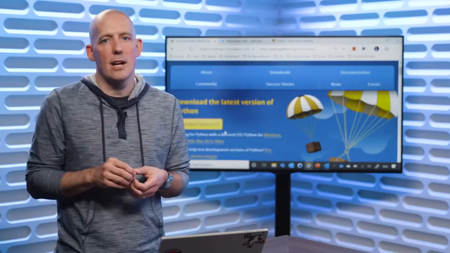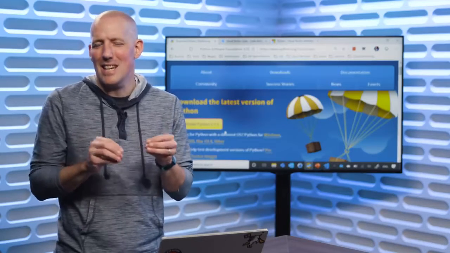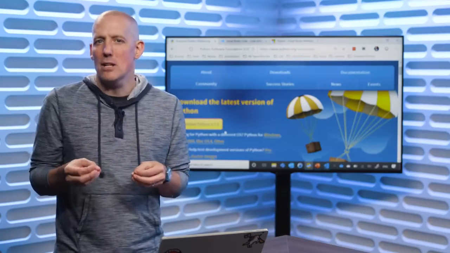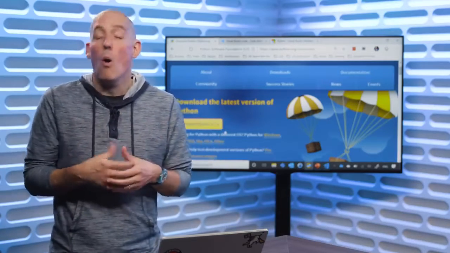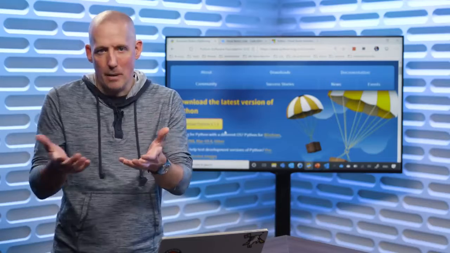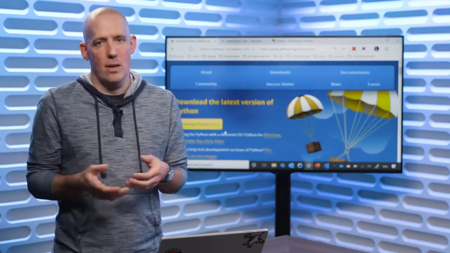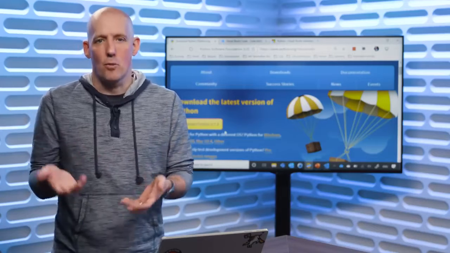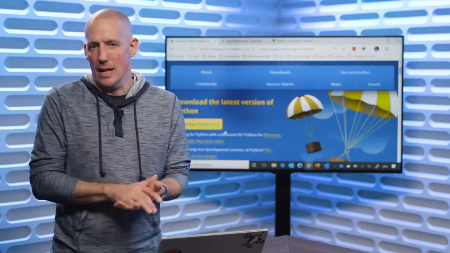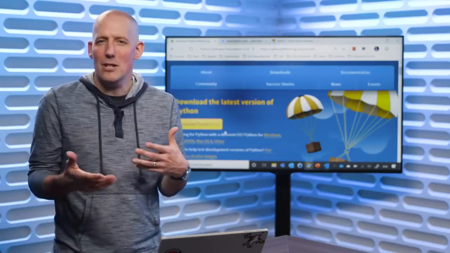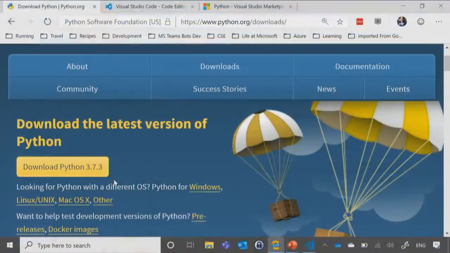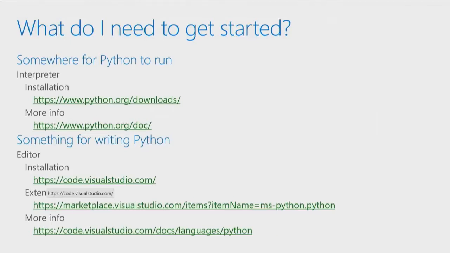But what I do want to highlight here is you may notice as you're poking around inside of this site that it references Python version 3 point, in my case 7, or Python 2 point something. And you might be wondering, well, which version should I use? And the answer really is Python 3. Python 2 is there for legacy support. Now, you will notice some applications still require Python 2, and that's fine, and that will come up from time to time. But for the applications that you're going to be creating, you really do want to be using Python version 3.